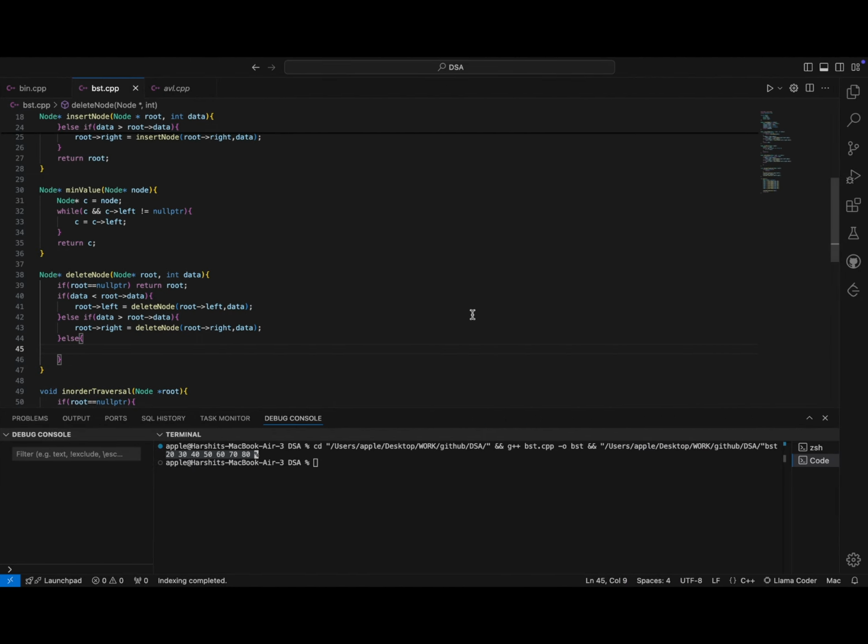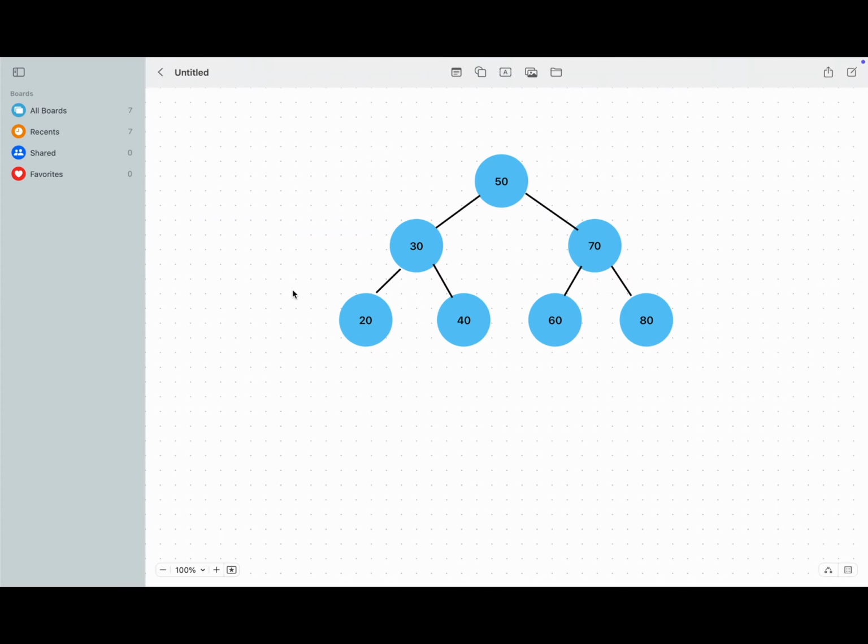We are going to check first with the node that has only one child. Like if it has only one child and we have to delete 30, we'll just delete 30 and store the 20 in a temporary variable and connect 20 to the 50. It would work perfectly. And in the last part, in the end, we'll check this condition where there are two